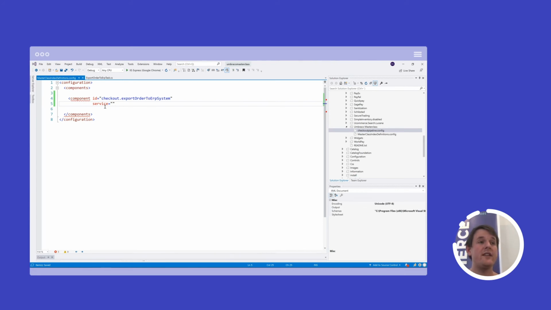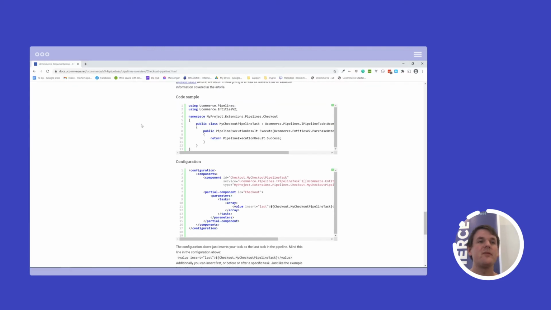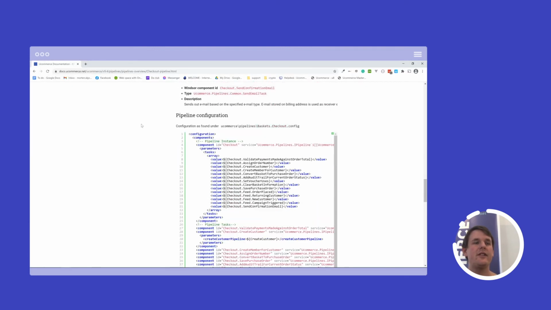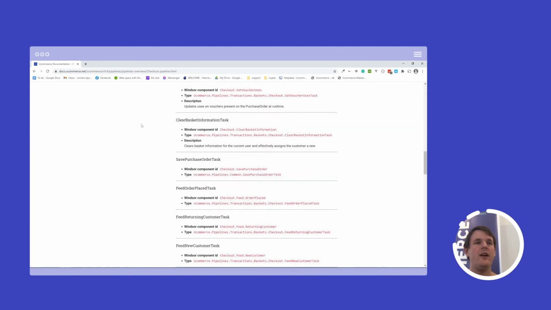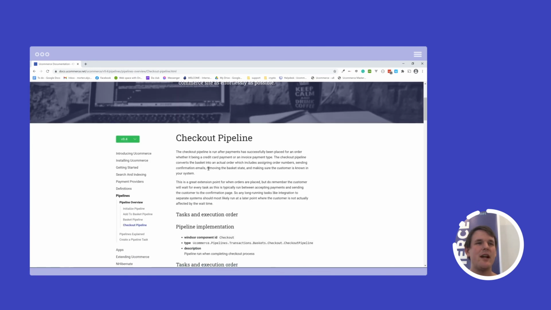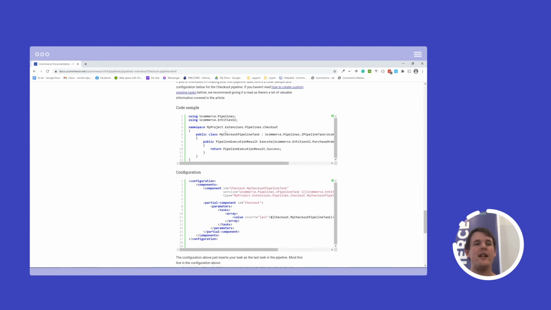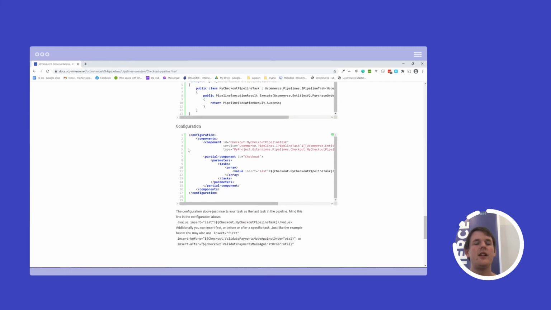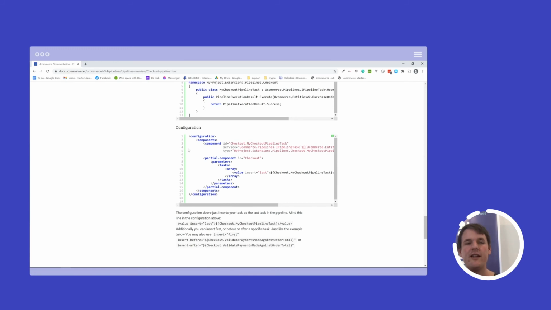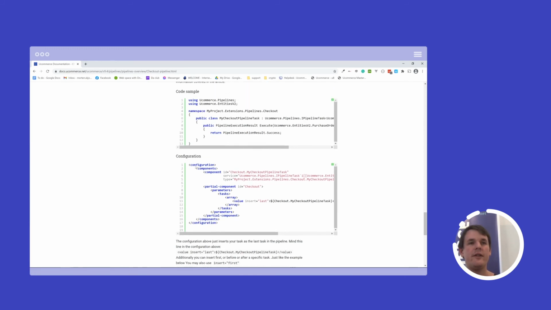The best way to find out what to write in here is to look at the documentation. So here I am on the doc site, and all the way at the bottom of the checkout pipeline page, there's a code snippet that shows you how to actually create a pipeline task as well. So you can read it in the article here. If the video here is not enough, at least you have a good way of learning it in there as well.